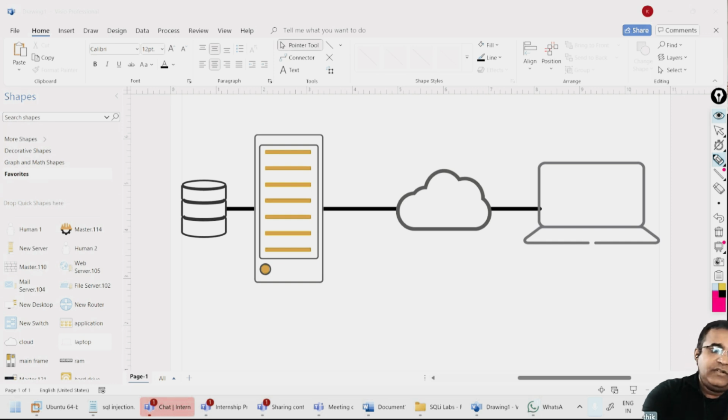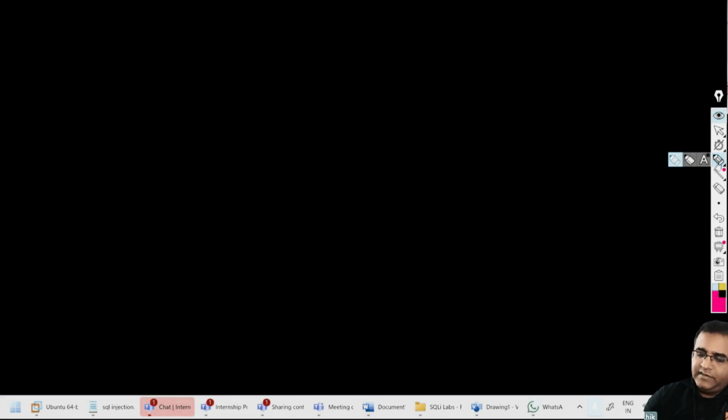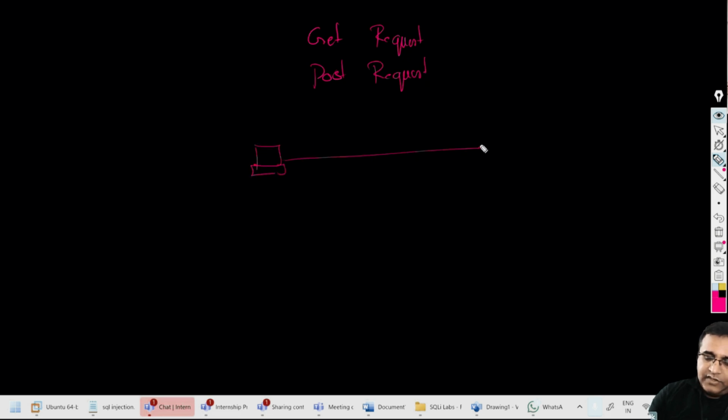Before we go into that part, we also see there is something called a GET request and a POST request. Every time you make a request from the desktop or your browser to the server, there is a request method. Usually the request being sent has two parts.